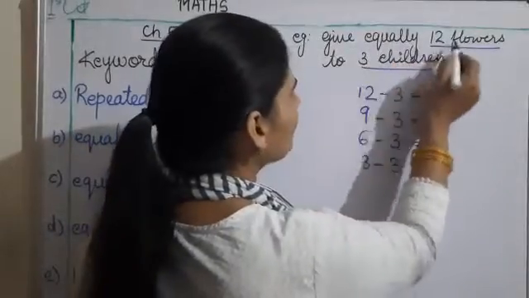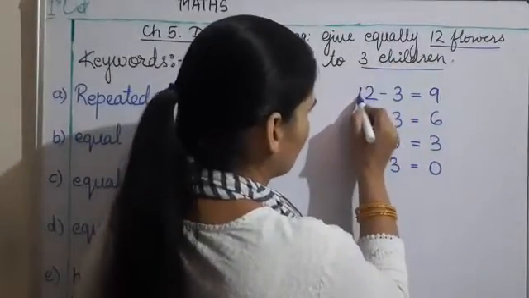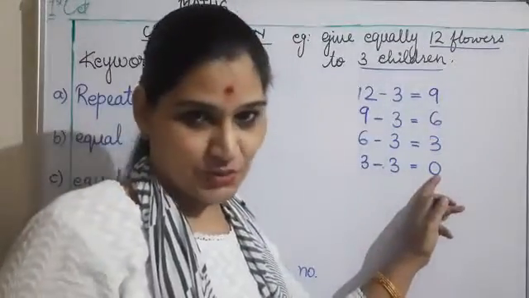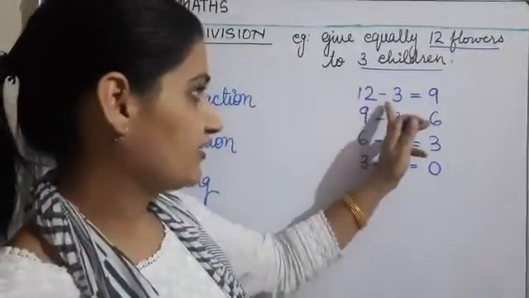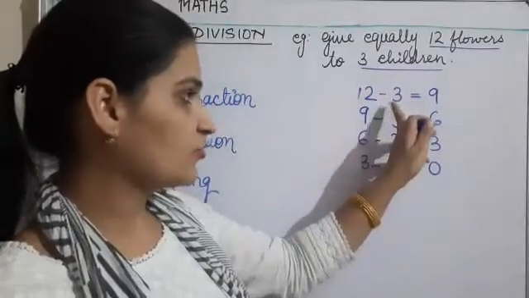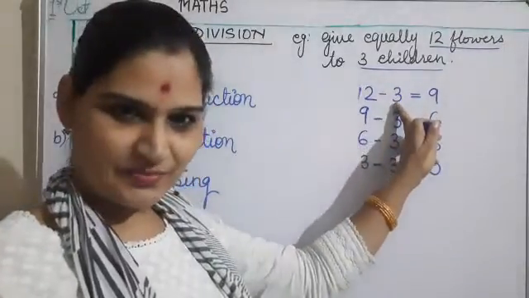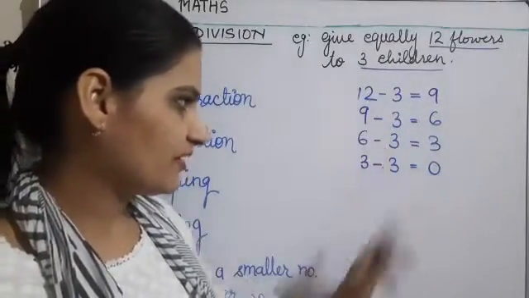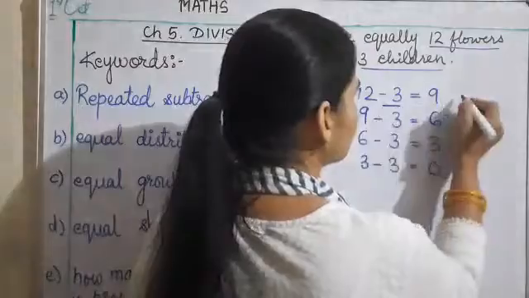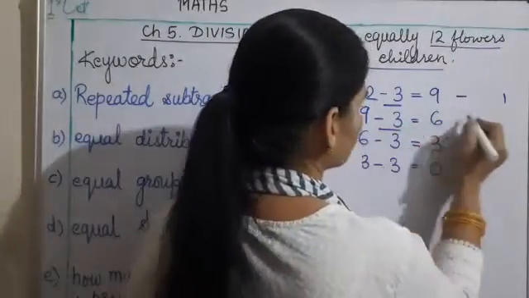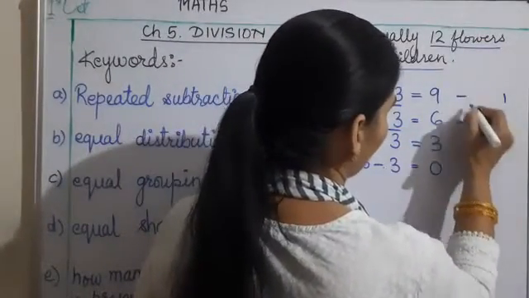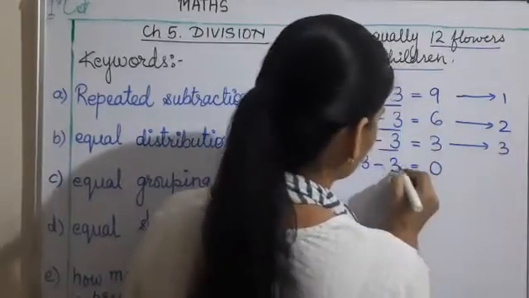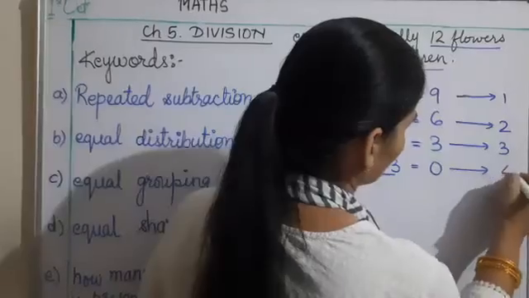So I will give the flowers equally. I started from 12 flowers and I will start giving 3 flowers until my flowers are 0. तो here I have done, 3 children हैं तो 3 बच्चों को एक फ्लावर देंगे तो -3 करना पड़ेगा. So how many times I have done -3? I have done -3 मैंने एक बार किया, -3 second time, okay, -3 was done third time and -3 was done fourth time.